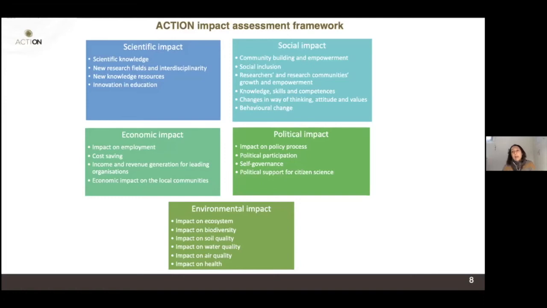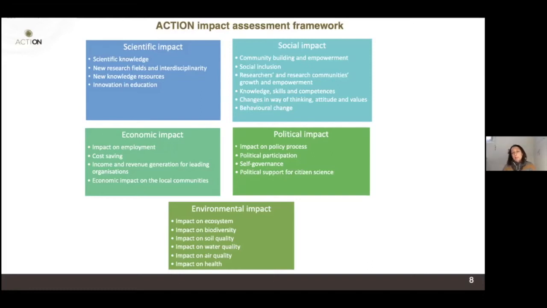So, okay, I push for a better regulation on water management, and then I expect an improvement in water quality. But it's difficult to find a citizen science project that measures the air quality at the beginning of the project and at the end, and sees the improvement thanks to the activities carried out by the citizens. So here, when you give the score, try to understand if the impact you're looking for is a direct impact or an indirect impact.